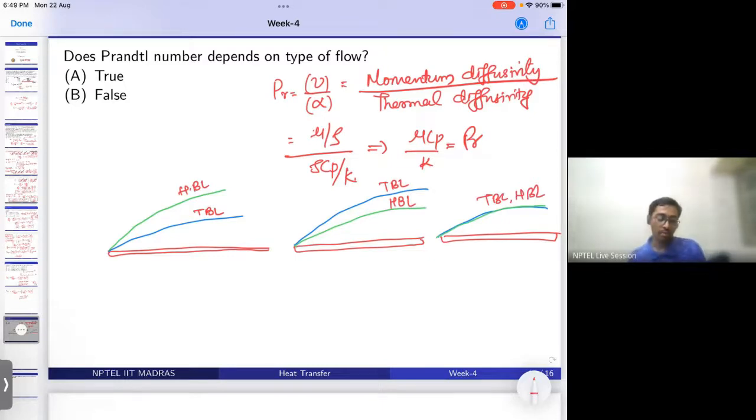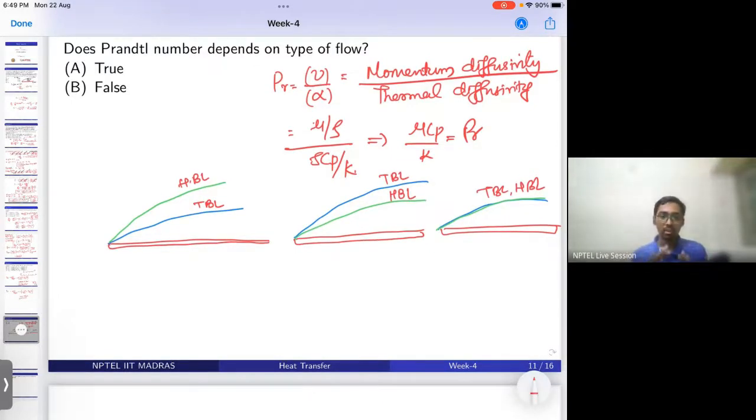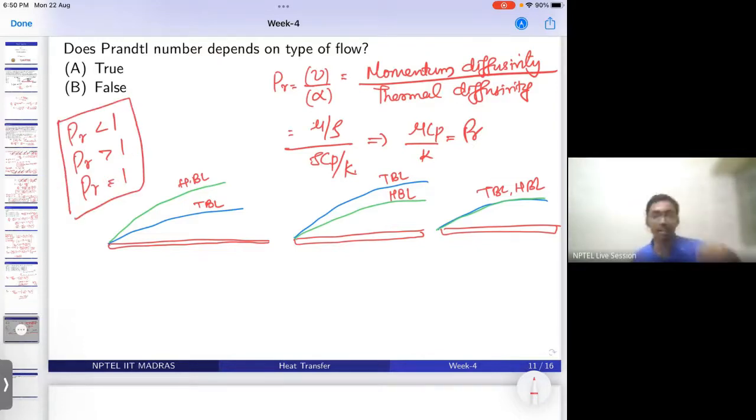coincide. So if you are given a situation like this, say for example in any examination, you are given a graph or a situation like this, and you are asked to choose between or match between three options. That is Prandtl number less than 1, Prandtl number greater than 1, Prandtl number equal to 1. Okay. So you see, in the first case, in case 1,